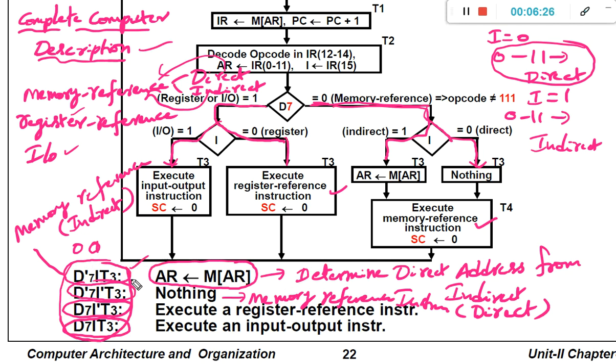So remember once again, D7'IT3 represents the memory reference instruction indirect mode. D7'I'T3 represents the memory reference instructions direct mode. D7I'T3 represents the register reference instructions. D7IT3 represents the input output instructions.